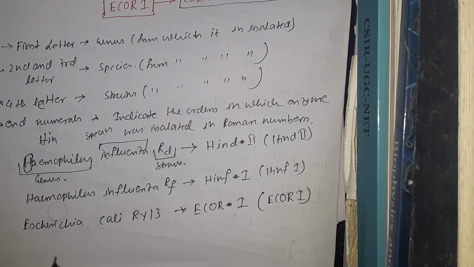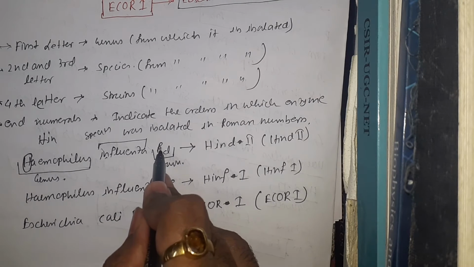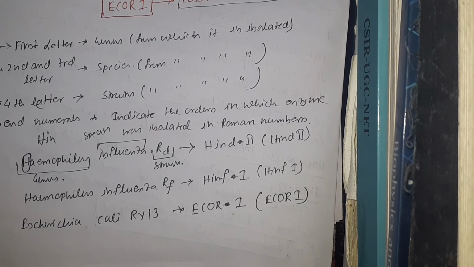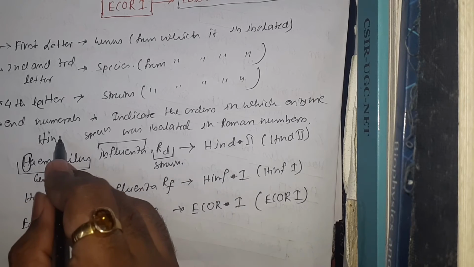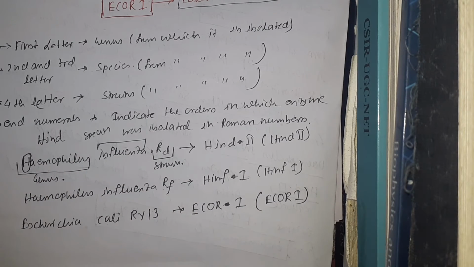Now there is a catch. There is another restriction endonuclease that was isolated from Haemophilus influenzae, and the strain was Rf. In that case, if we pick R for the strain, we also have to pick R for the other one, and it could be a problem, because then we cannot distinguish between them. That's why instead of picking R, we will go for d. So, hind, and